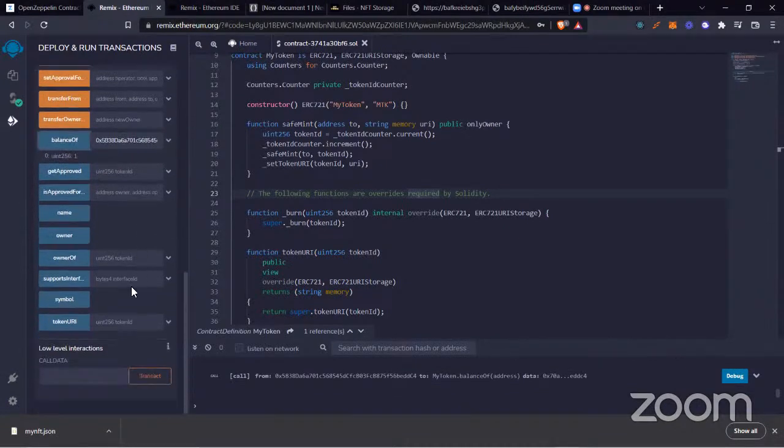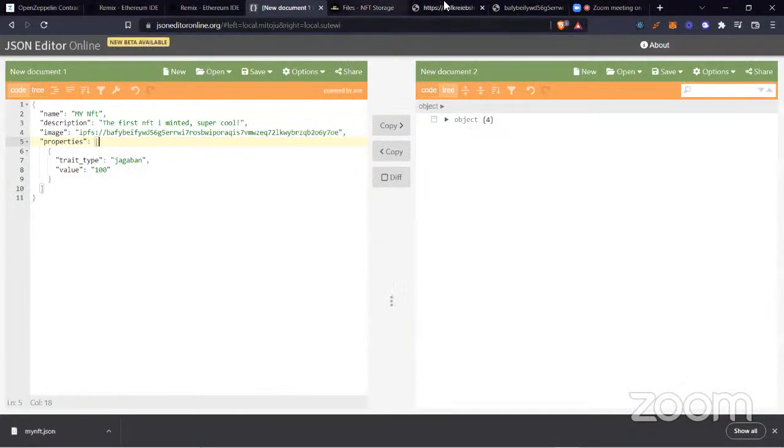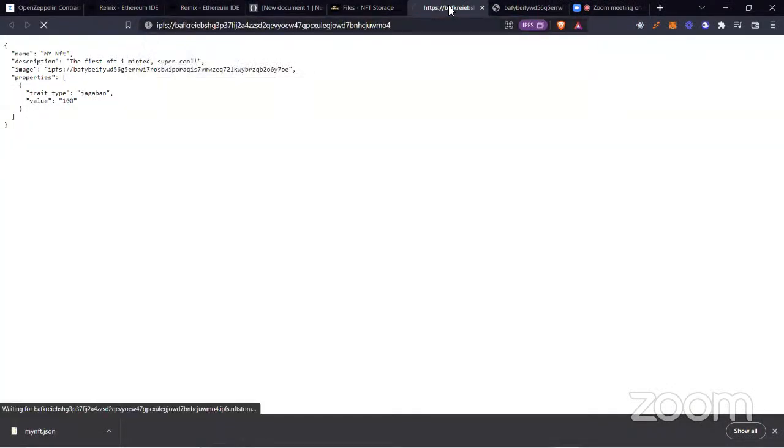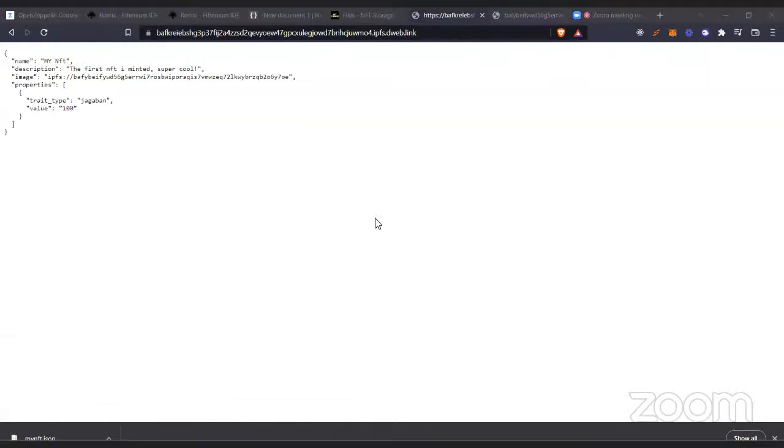Okay, so if I input the token ID here, you can see that what it returns is the URI. This token URI is what anybody that wants to access your NFT's data is going to call. They call the token URI function, pass your NFT ID, and it returns to them this link. This link is what they can then take, paste wherever they want, access it however they want, and they will get your NFT data: your NFT name, description, image and properties. So that is basically the idea behind